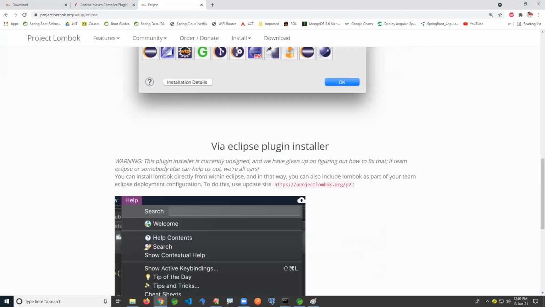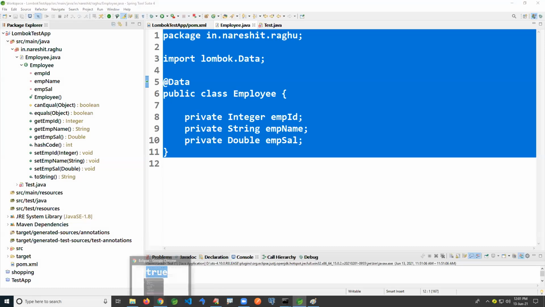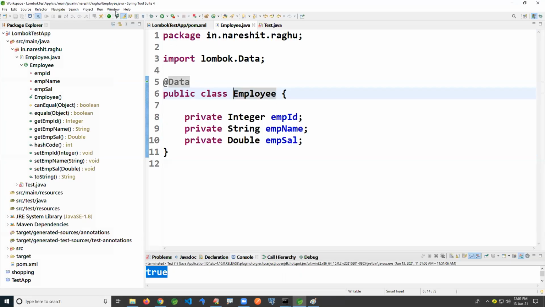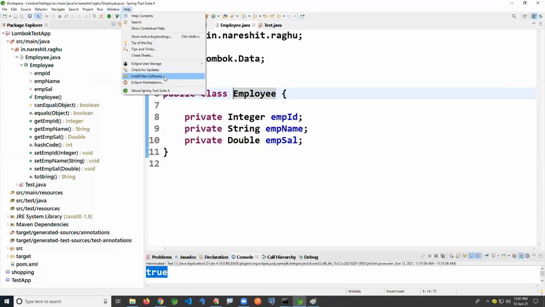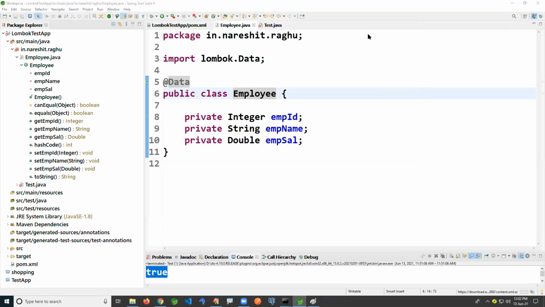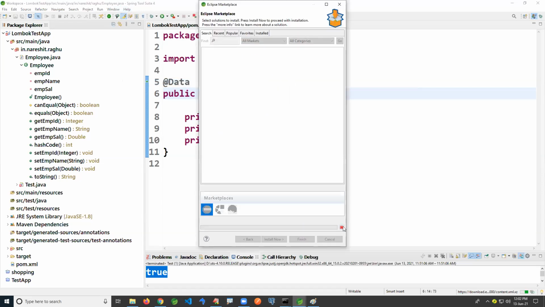You can do one more thing: you can also add the plugin. Go to Help, Install New Software, or the Eclipse Marketplace. Instead of doing that manual process, you can search with Lombok here.